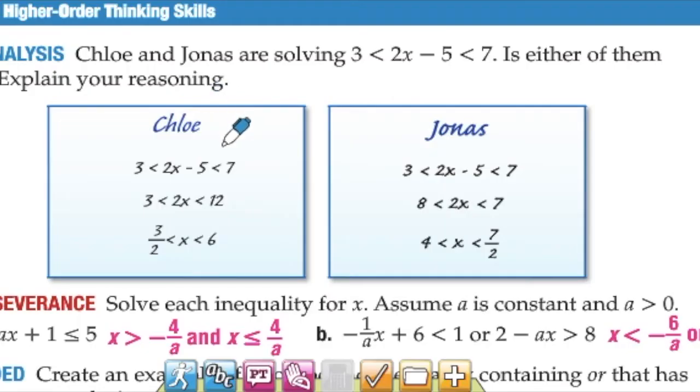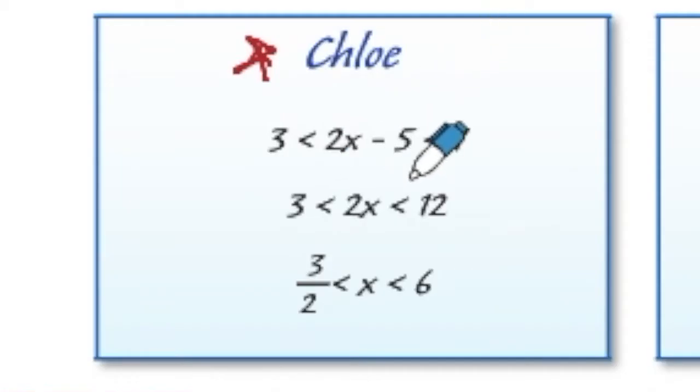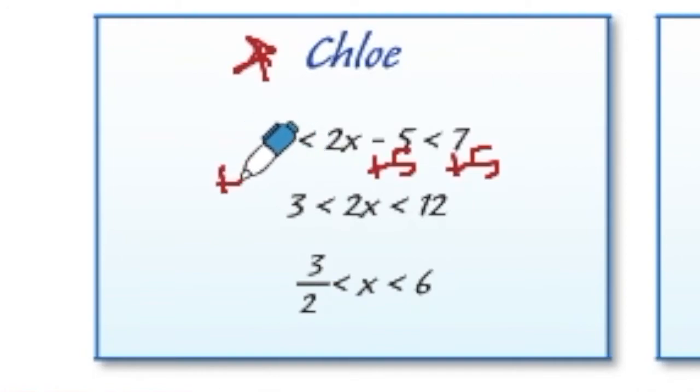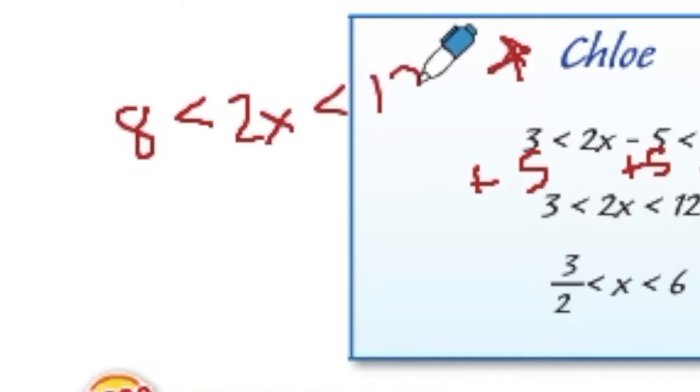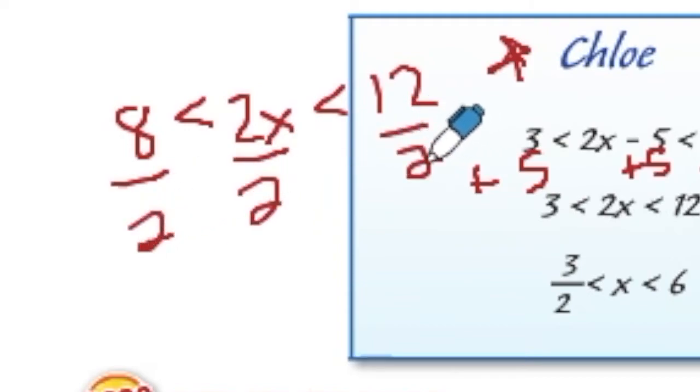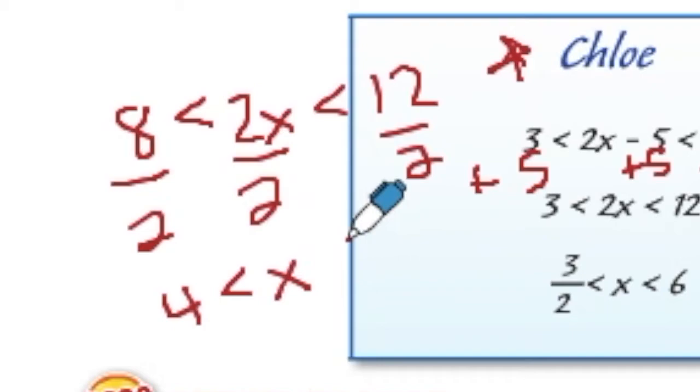For number 39 on page 310, we have work shown by Chloe and Jonas for doing the compound inequality shown. Chloe started by adding 5 to -5 and adding 5 to 12, but what she failed to do was add 5 to the 3. So if she continued that correctly, it should have said 8 is less than 2x is less than 12, and then you can divide all 3 by 2 to get 4 less than x less than